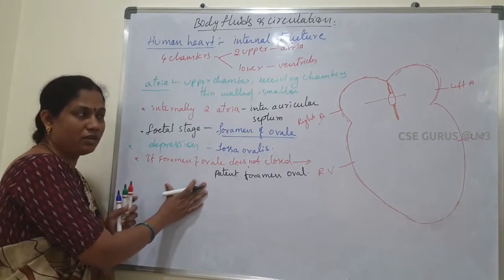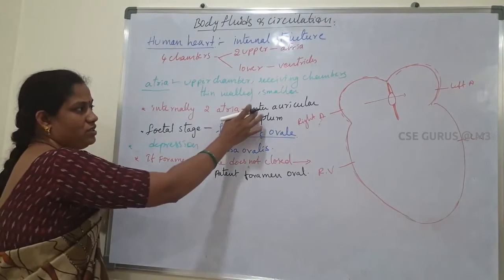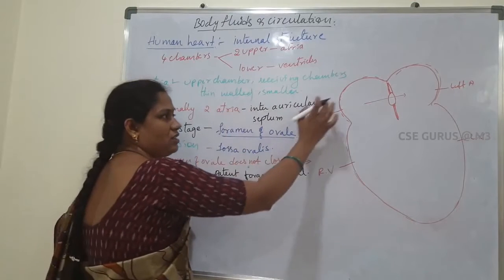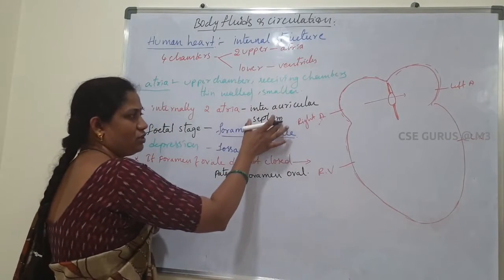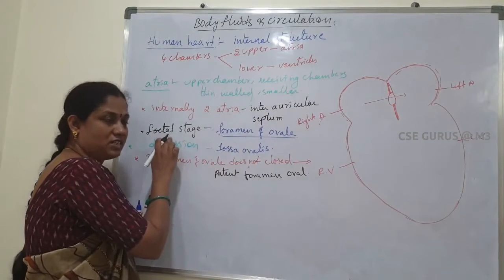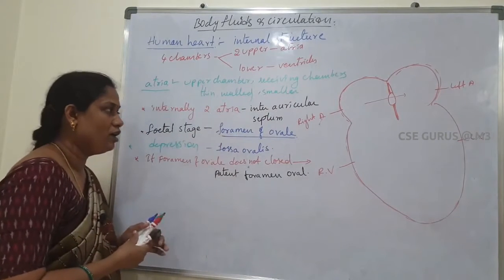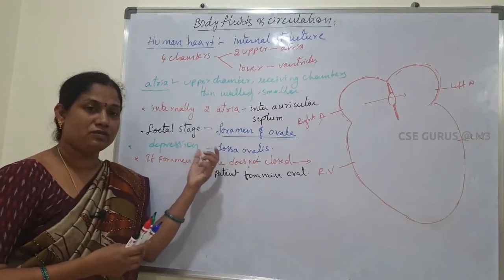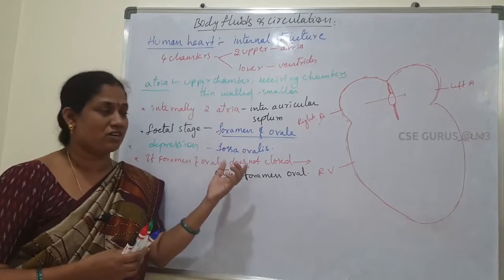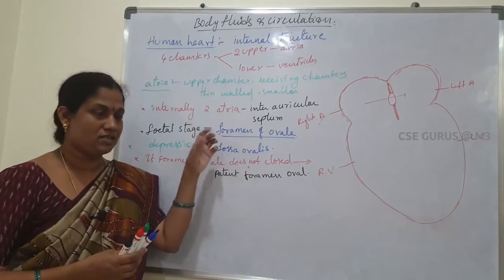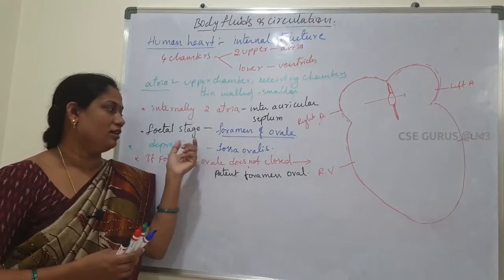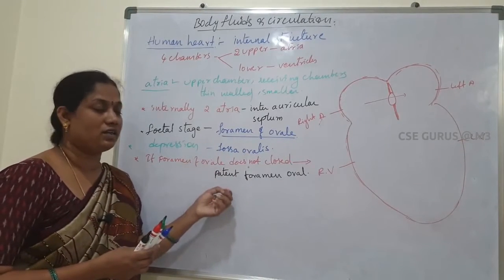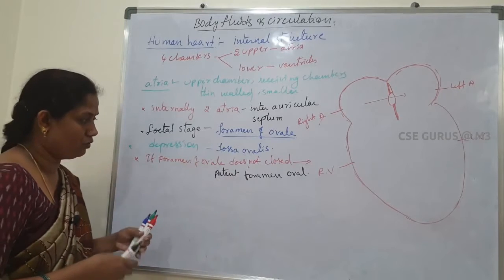Okay, so this is about the interauricular septum. It separates the 2 atria. Right and left atria are separated by the interauricular septum. In the fetal stage, it has a pore called the foramen of oval. Just before birth, when the lungs become functional, it gets closed. As a result, it leaves a patch-like structure called fossa ovalis. If it does not close, that condition is called patent foramen of oval.